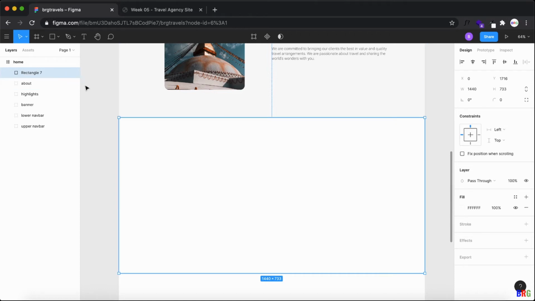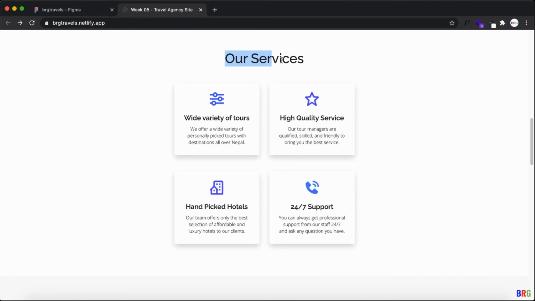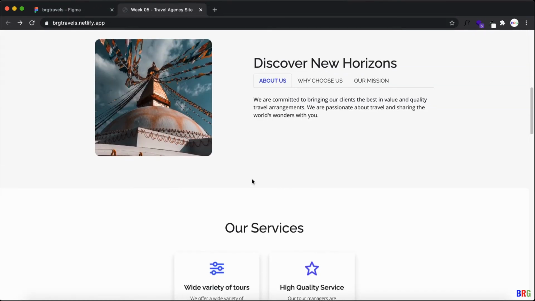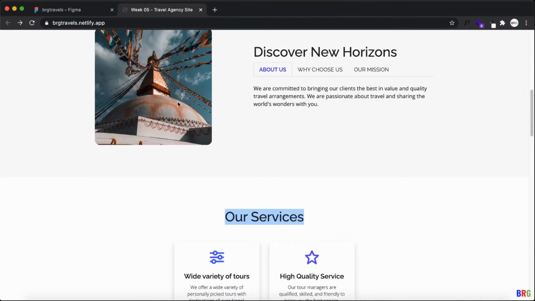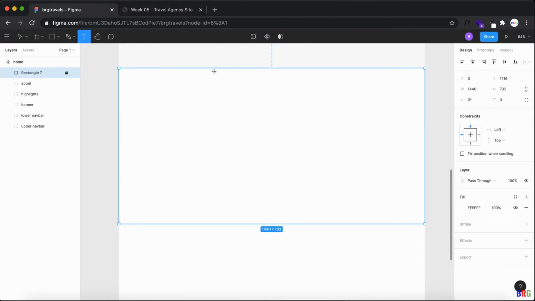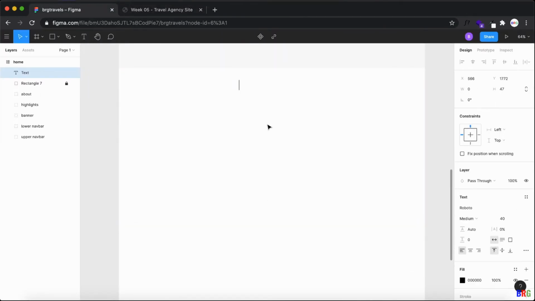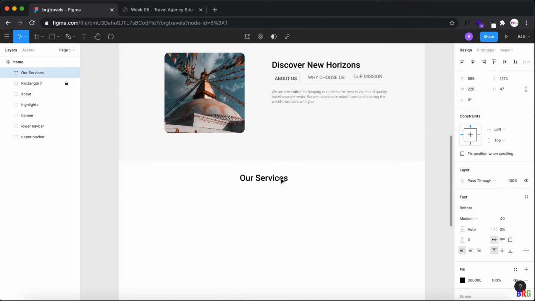And then let me lock it, and now our services. Control C, and now I need to have text as our services. Okay, Roboto only, and a little bit of padding.